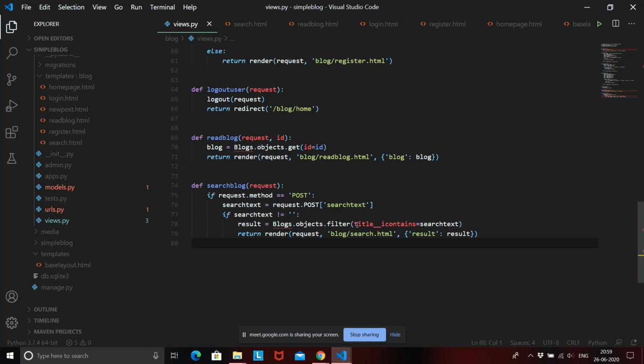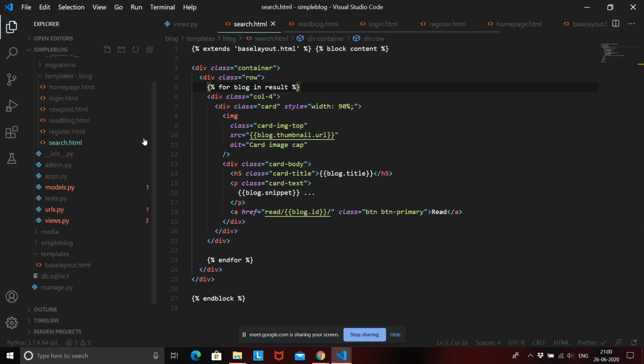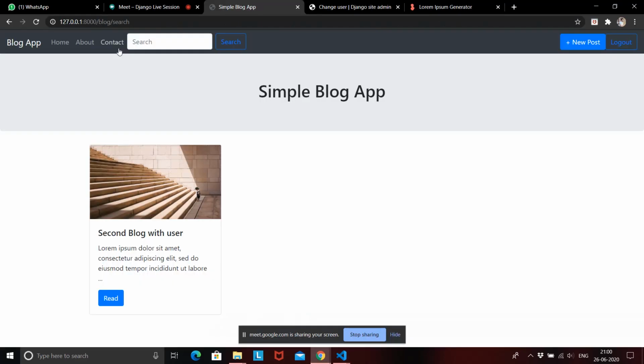If the title contains this search text, then that blog will be returned inside this result. And then we are passing that result to our search.html, and inside the search.html we are just rendering out the complete result of our search. Okay, so it is that simple to create a search bar.